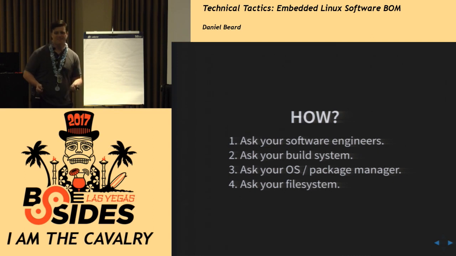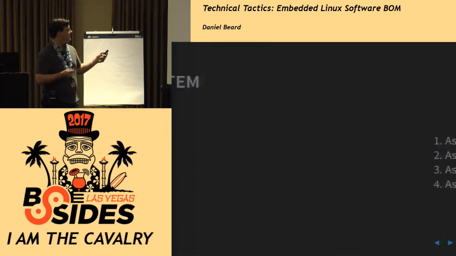We don't have a build system anymore. All we have is this: a binary image that we flash on our device. It's got a file system on it, you can read it, but how are we supposed to generate a BOM from that? Good news: in Linux, libraries